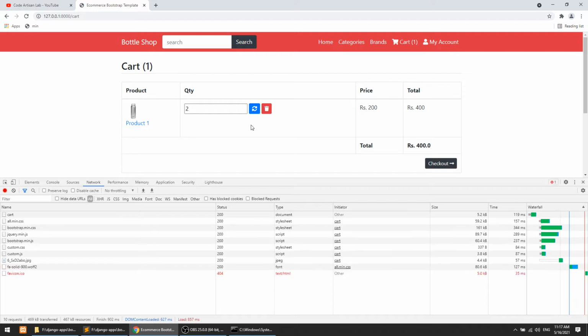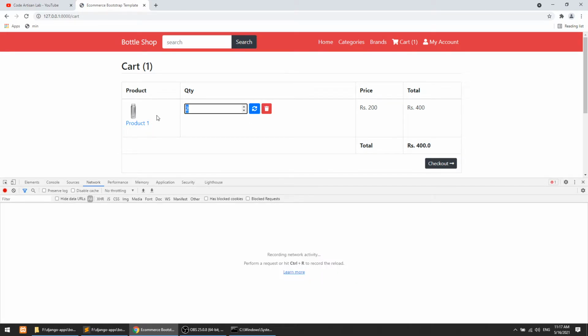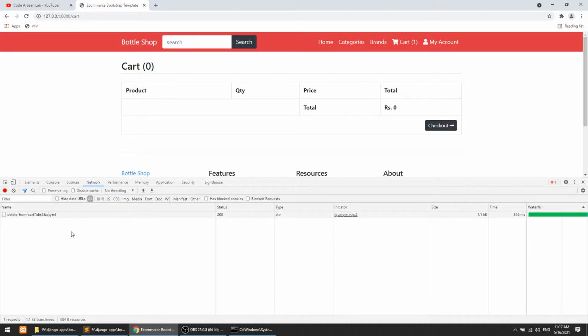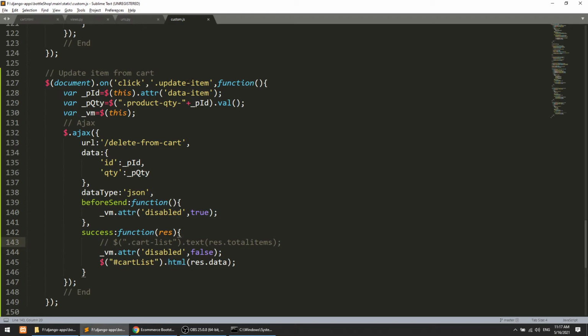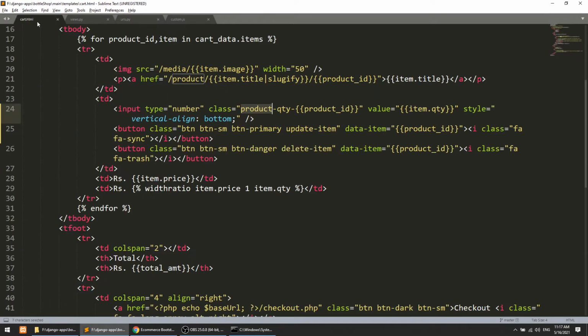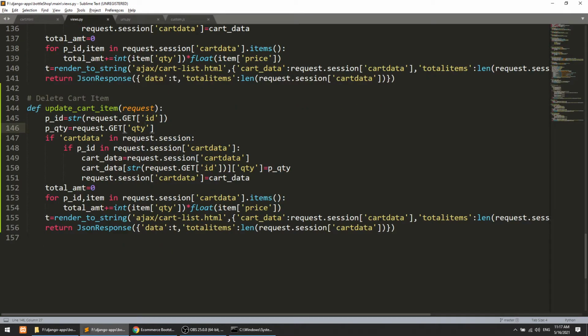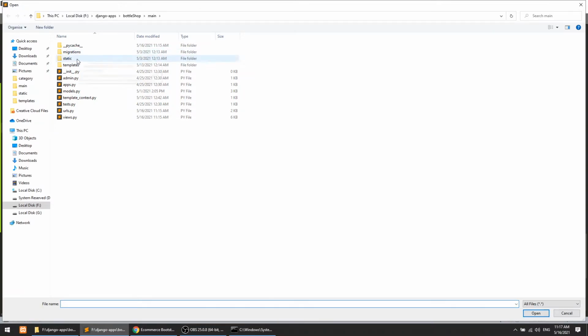It is doing nothing. Let's see this again. I'll hard refresh the page. So actually we are returning the template. So here is the template. We are returning the template cart list.html. Okay, we will go to the cart list.html.